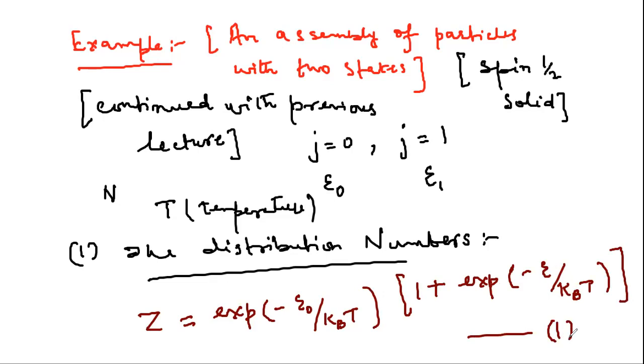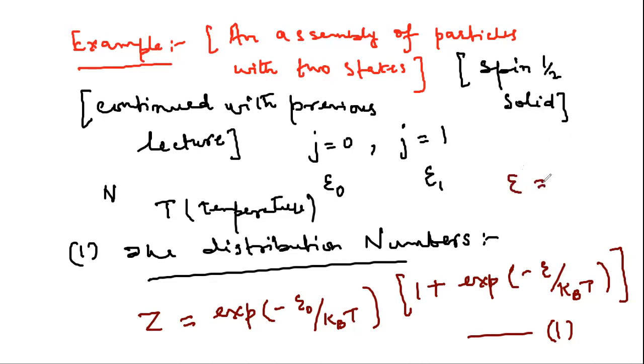Z is the partition function, so it is exponential of minus epsilon naught over kT, k_B is the Boltzmann constant, times 1 plus exponential minus epsilon over k_B T, where epsilon, as you know,